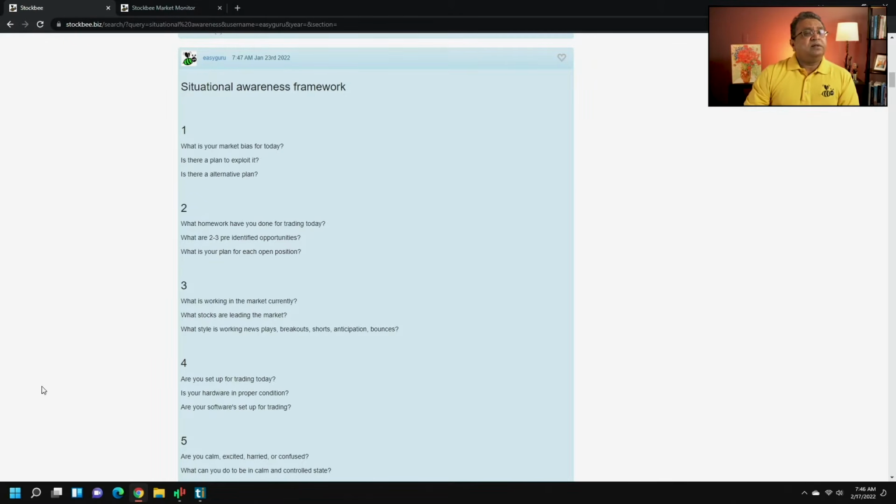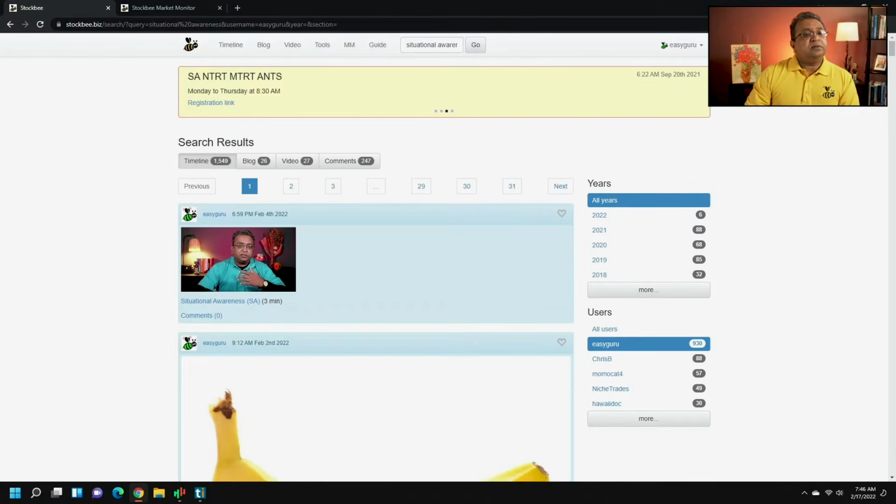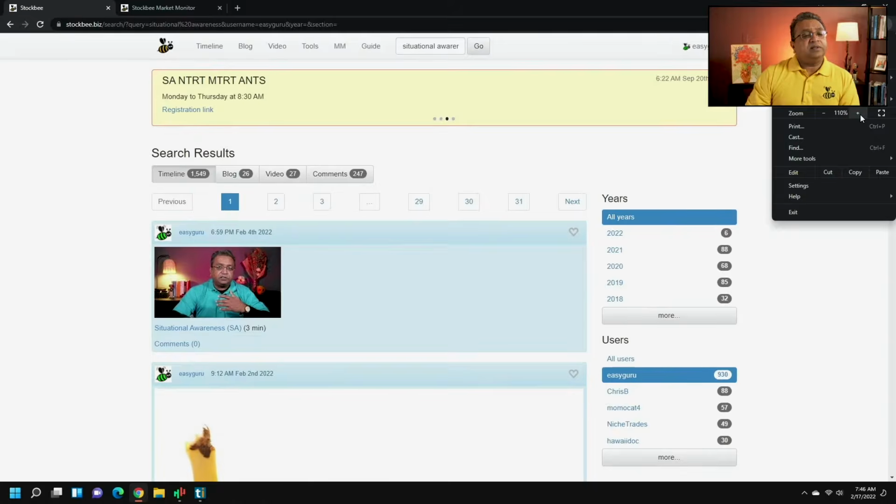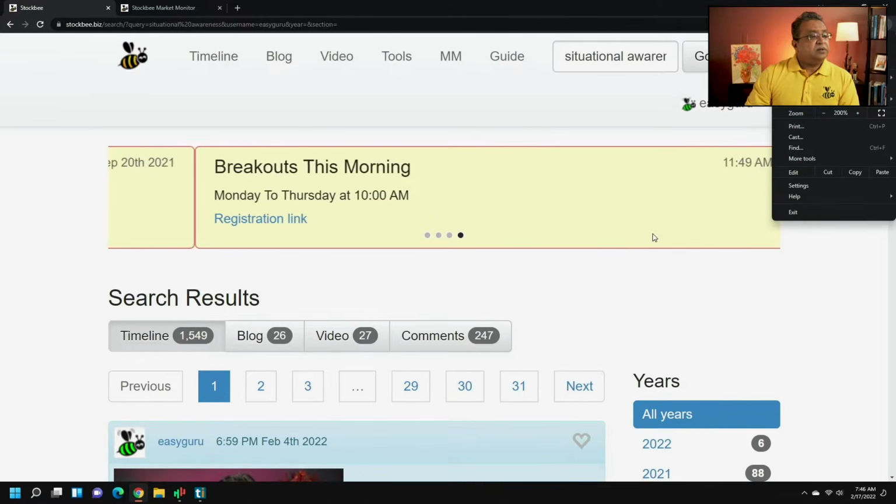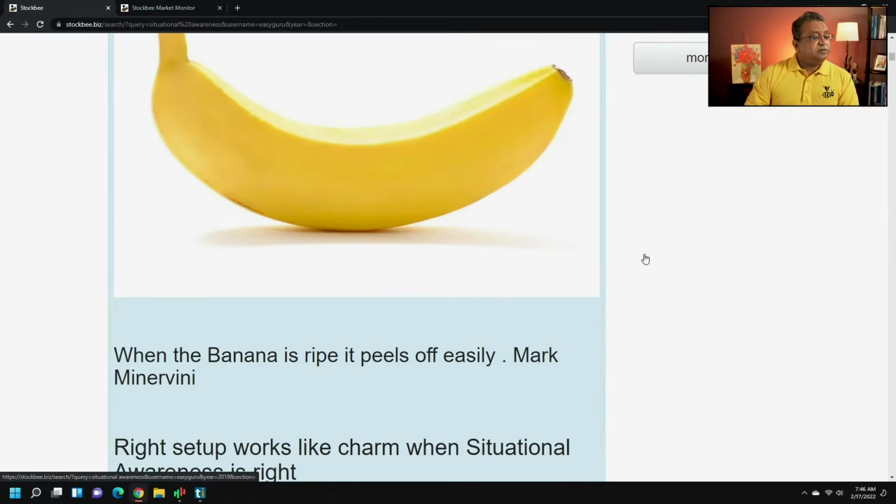I'm not sure whether you can read this, but I will try and increase the size to show you, so that you can read it properly. So if you see,